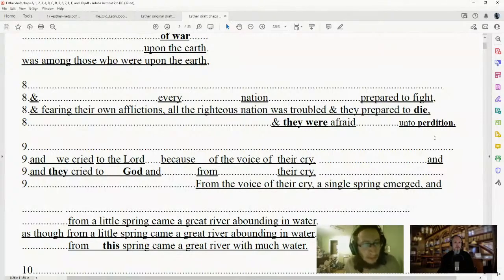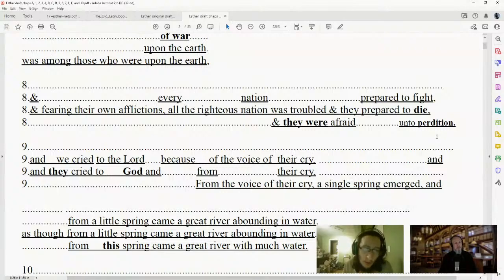And then an interesting difference, verse 9, is the Alpha text says, we cried to the Lord. The Septuagint says, they cried to God. Now, God and Lord are basically synonymous for the most part, but the more interesting difference is the pronoun, we versus they. We suggests that Mordecai in the dream was being included, whereas they suggests he was dreaming about something else and he wasn't necessarily being included in the dream, because actually